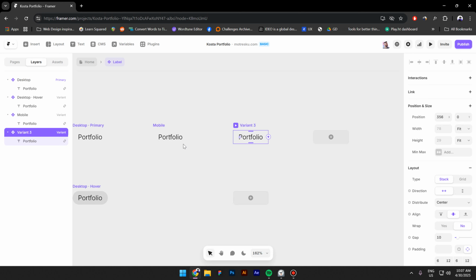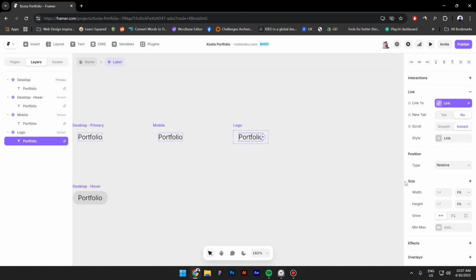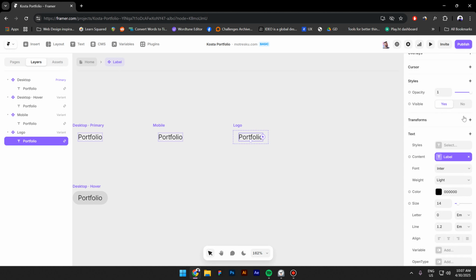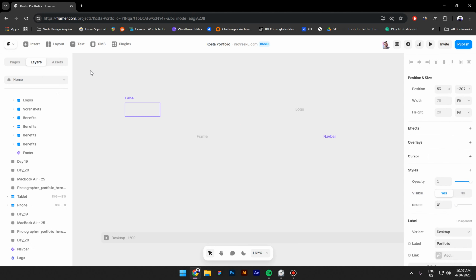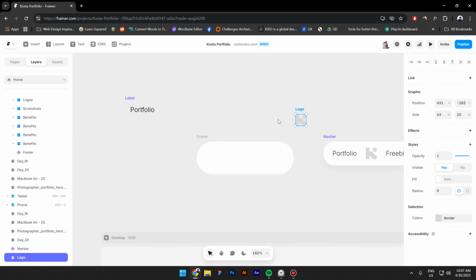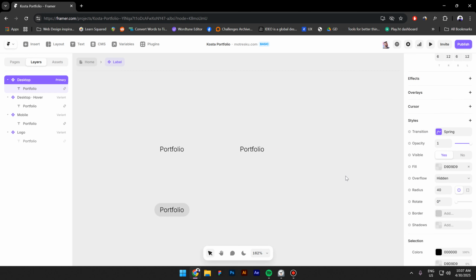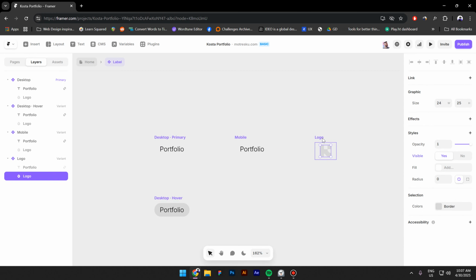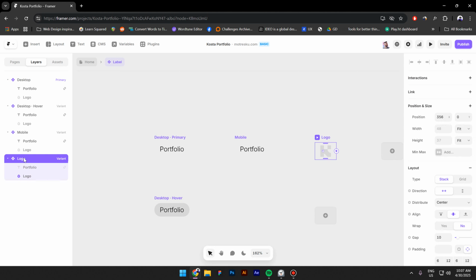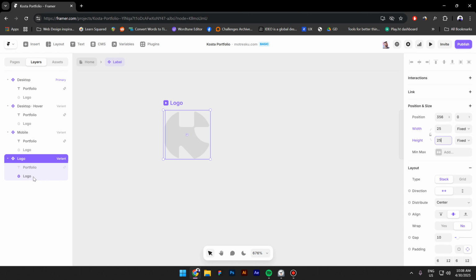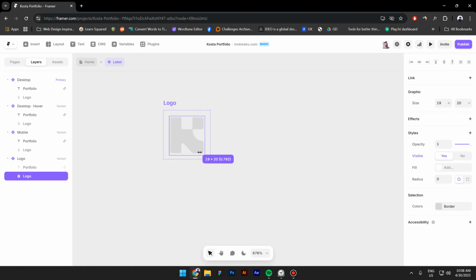This one is gonna be the logo. So let's call this logo. Hide the text. Let me copy the logo and paste it inside here. Select the stack now and change from fit to fixed and make it 25 and 25 pixels. Make the logo smaller